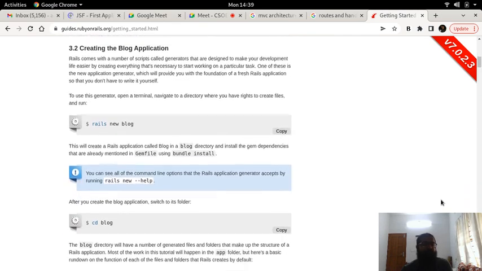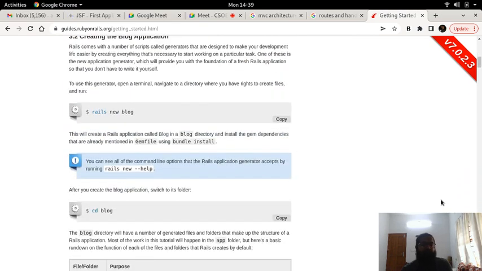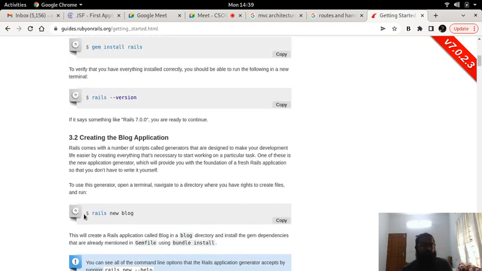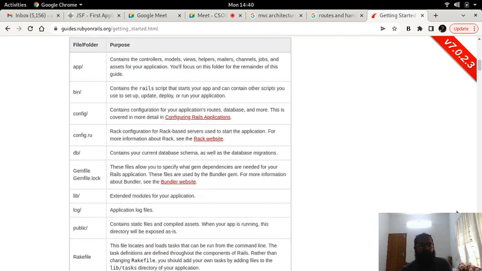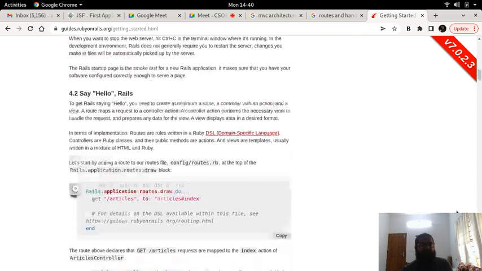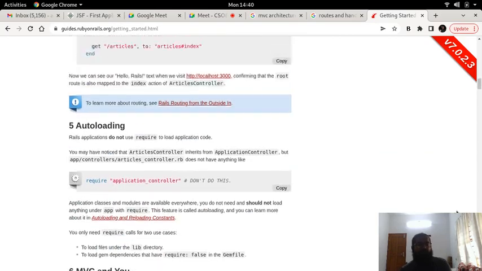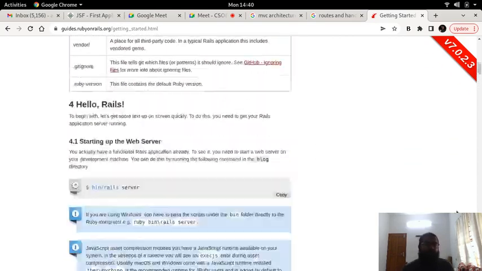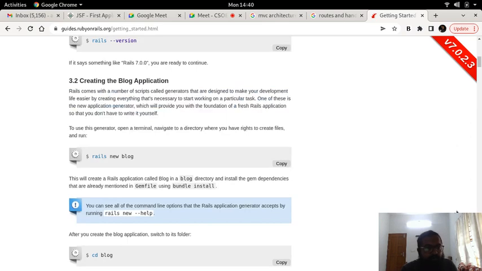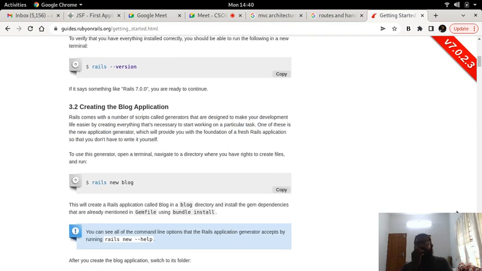For creating a blog application, we will do Rails new blog. So that will contain the basic things, what's it called,